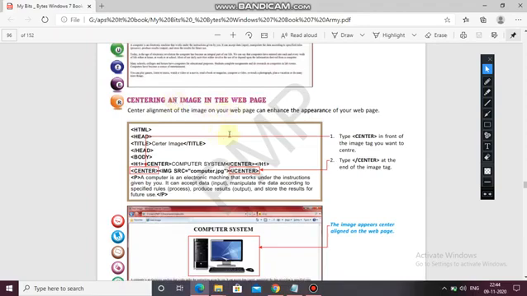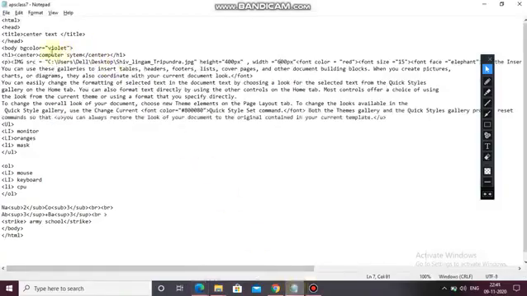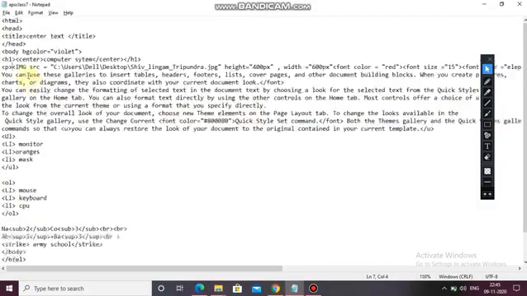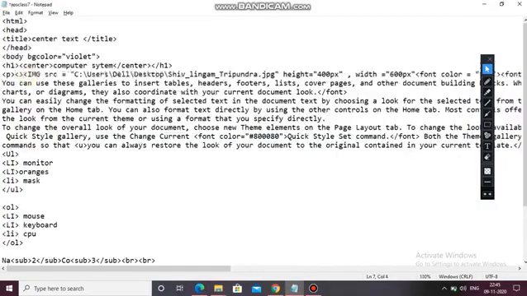For that you have to use the center tag. Let's see if it works. Here I am using the CENTER tag until the last, till where it has stopped before font. Here I am closing center. Control S.